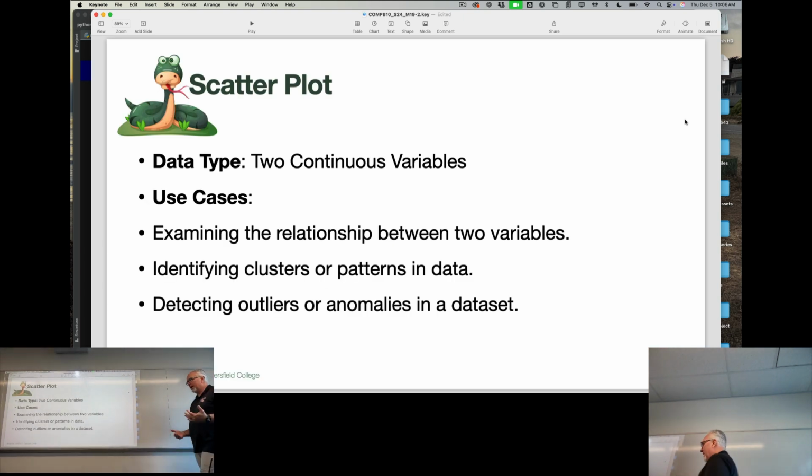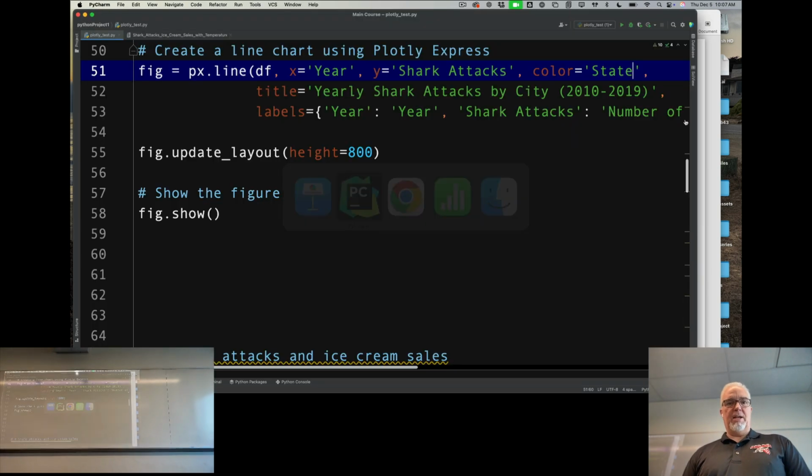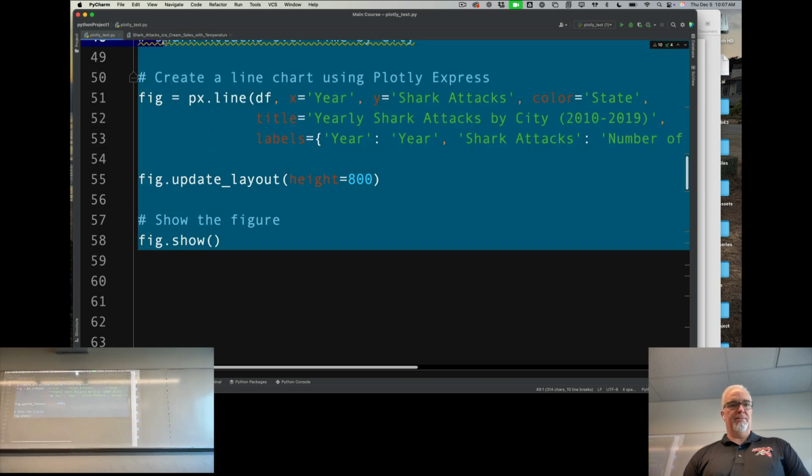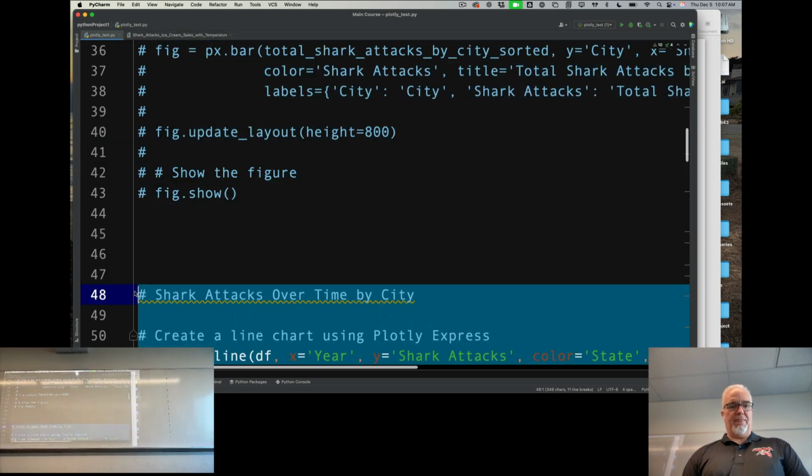So if I have two variables that are continuous, in other words, numeric variables, and I want to see, is there a relationship between shark attacks and ice cream sales? Is there actually a relationship? Maybe I should figure that out using a scatter plot. So if I scatter plot that,